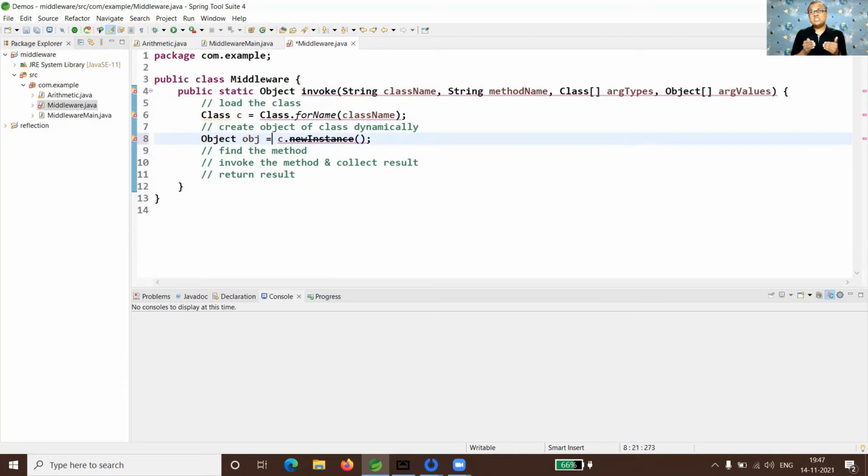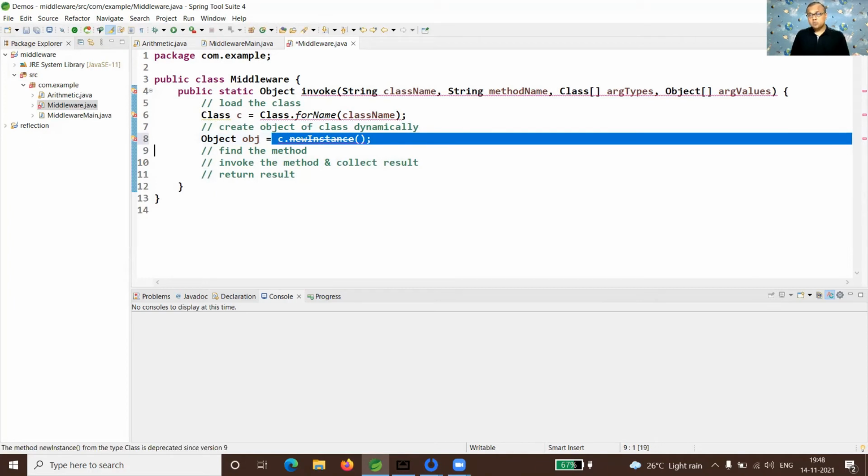This method is deprecated from Java 9 onward. In Java 9, they recommend making a call to the newInstance method of the Constructor object instead of calling newInstance directly on the class. Obviously, this method will create the object by calling the parameter-less constructor.